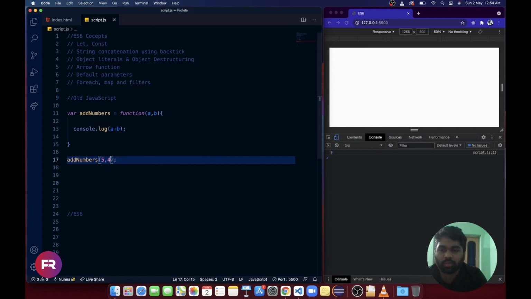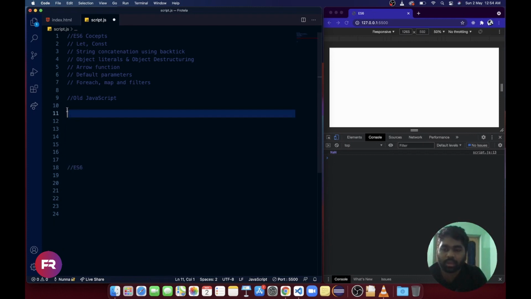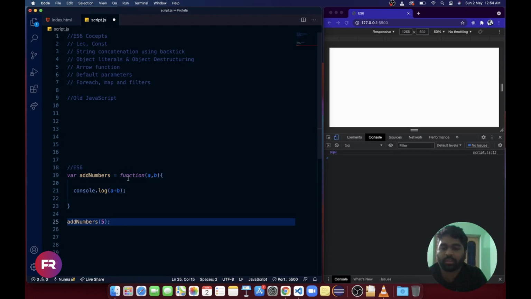Suppose I forgot to add the parameters like this, and I have added only 5. Now I am getting NaN, not a number. So this is giving errors, right? In order to avoid these errors, how can we do it in ES6? Let me cut and paste here.